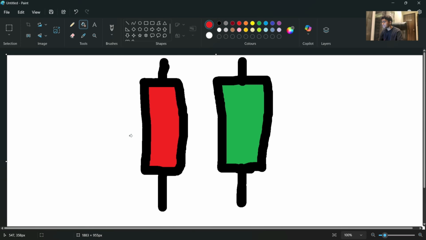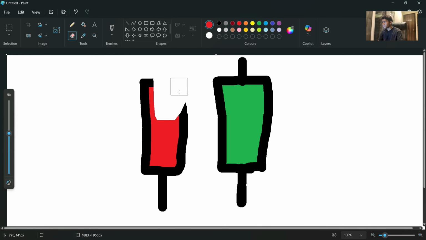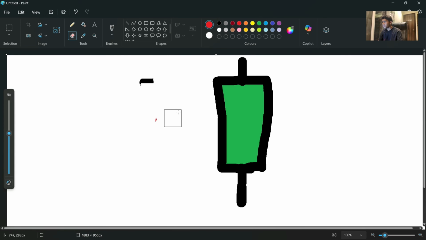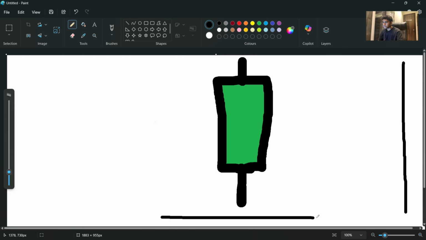Okay, let's say this is a red candle. First we'll just look at one green candle, then we'll discuss the red candle. I'll just erase this. See, this is a green candle, right? What does a green candle mean? If this is the y-axis and this is the x-axis, and this candle is there on this axis over this place, and over here it is